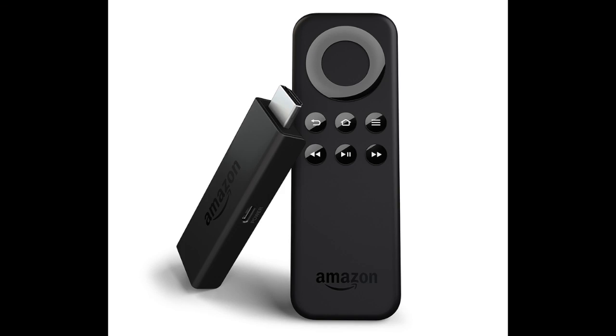I do kind of wish, and I'll throw a picture up, but there are 3 buttons on the top. There's a back button on the left, a home button in the middle, and then a menu button on the right. And then below that, on the left is the rewind, the middle is play pause, and the right is fast forward. I think those two need to be switched, honestly, because I find myself going straight down to the home menu to hit play or pause, and your hand is always on the circle,